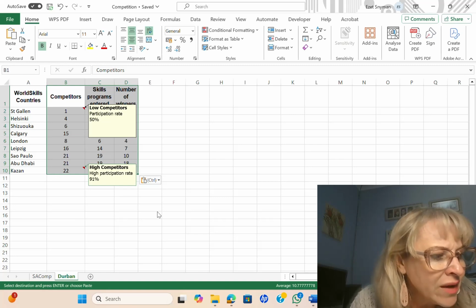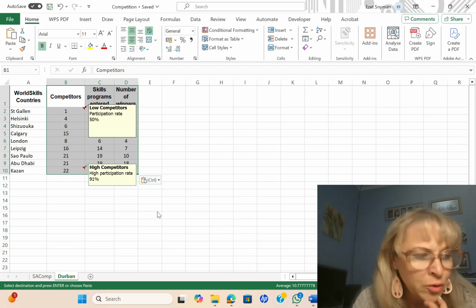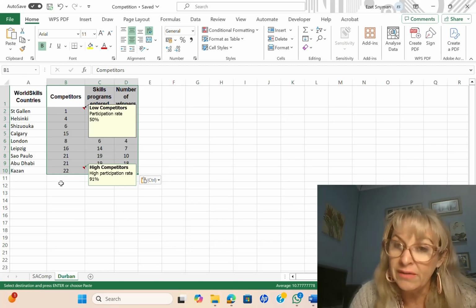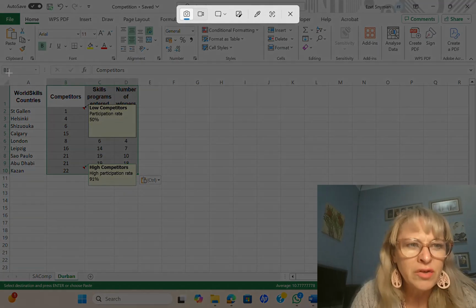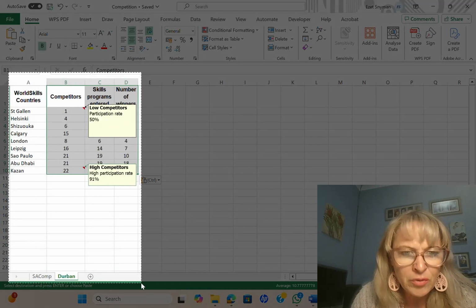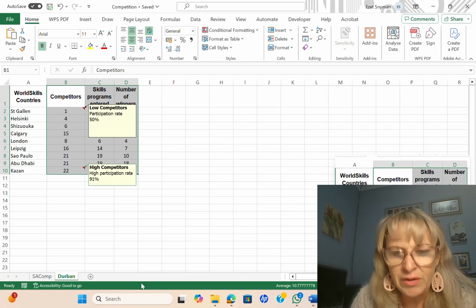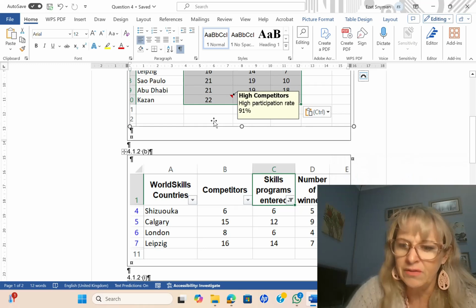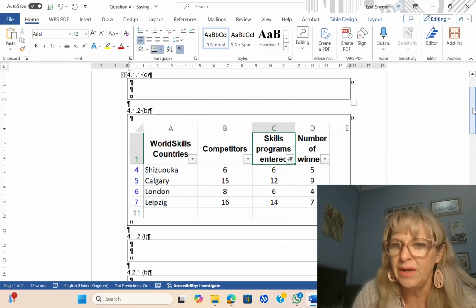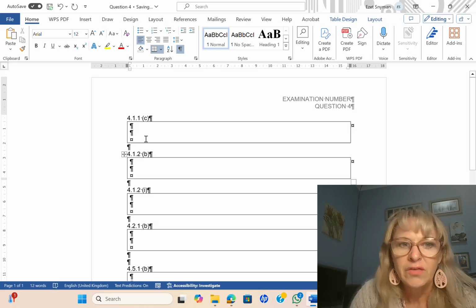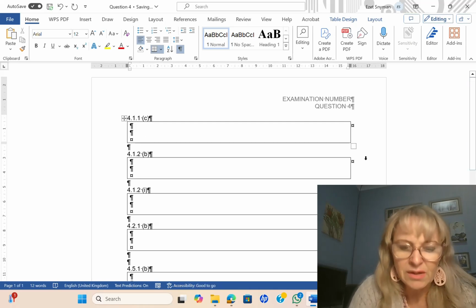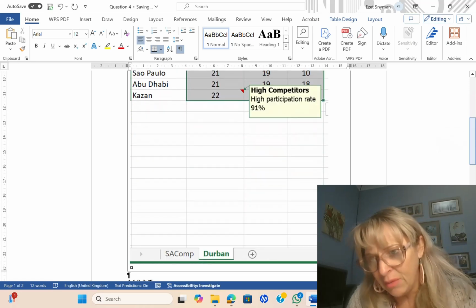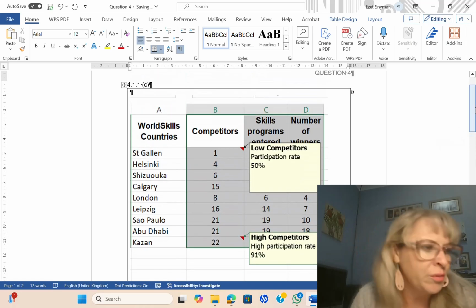All right. And then they say create a print screen image of the Durban worksheet and paste it in the space provided in question 4. So you are going to say control print screen. Mine works a little bit differently, but it's important that at the bottom you capture the Durban tab, that you are on the Durban tab. And then here, I just want to delete this one in A. So in 4.1.1c, you're going to paste it there, but make sure that you can see that little Durban tab at the bottom, that you copied it in the Durban worksheet.